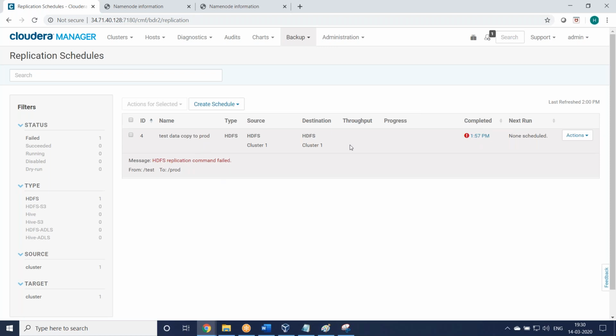Let us check it here. This is the only option where we can click on creating peers, and then source and destination we can add. That is the backup we can take here.